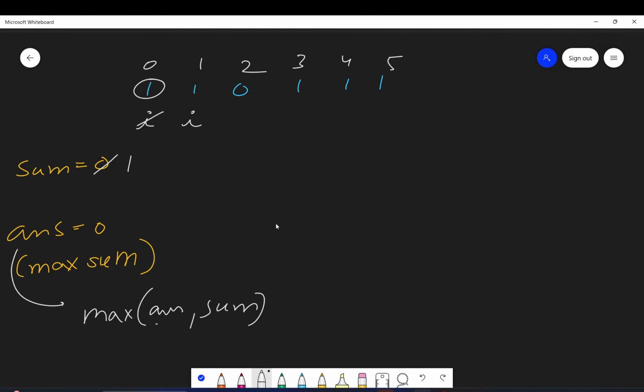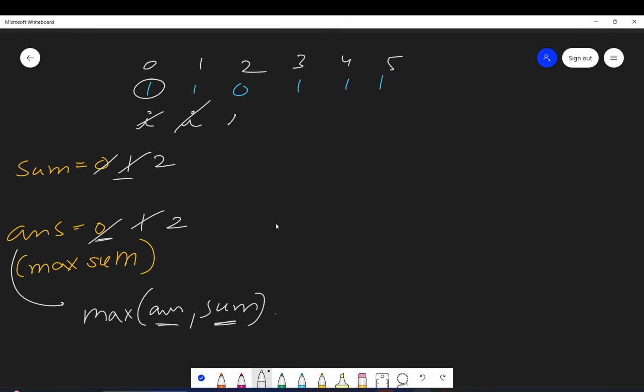So here the answer is 0 and the sum is 1. So the maximum between 0 and 1 is 1. So the answer will become 1. Okay. Now again, let's go to i. Here we get 1. So we add it to the sum and we update the answer to 2, because the answer was earlier 1 and now the sum is 2. So it will become 2.